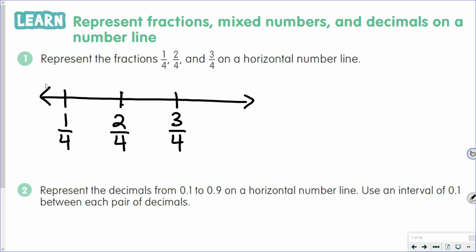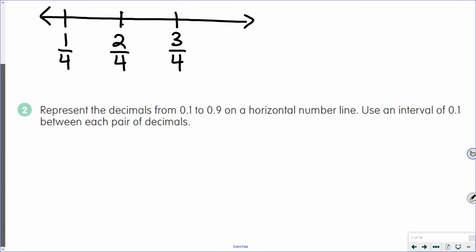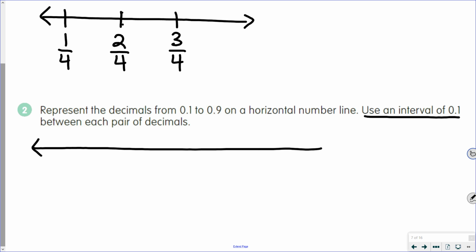For number 2 here, it says to represent the decimals from 1/10 to 9/10 on a horizontal number line. Use an interval of 1/10 between each pair of decimals. So here when it says use an interval of 1/10, that just tells us what we're going up by. So again, we're going to start with that horizontal number line. Since it says from 1/10, if we remember our previous lesson, when we use the word from, we do include that number. So we start with 1/10, and then since our interval is 1/10, that just means we add 1/10